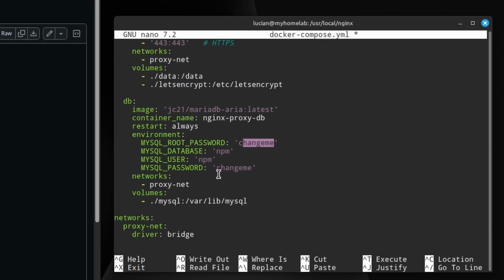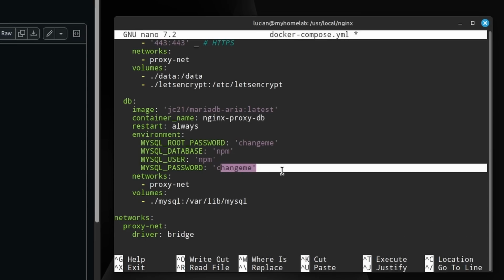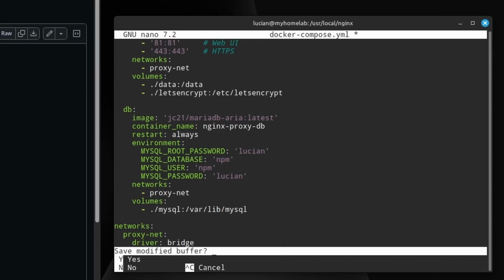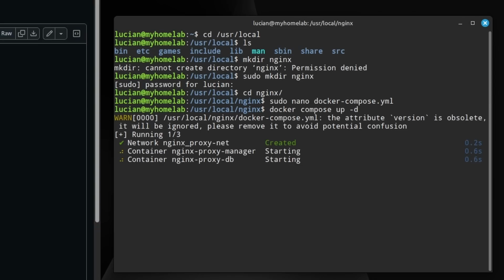For example, we need to change the passwords. This is our root password, and then this is the actual password for the user. You can change your username if you want. We'll just do Lucian, right? Not the best password, obviously. You're going to want to choose something more secure than that, but for the purpose of this tutorial video, it's going to be Lucian. All right, and then once that's done, we can just do Control X, Y, Enter, and then all we've got to do is docker compose up -d and Enter,